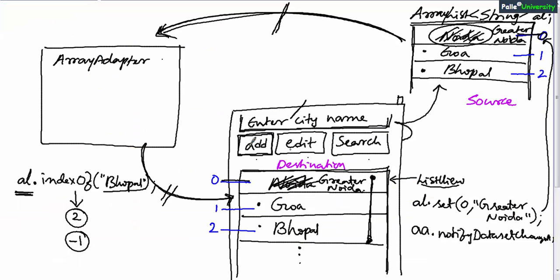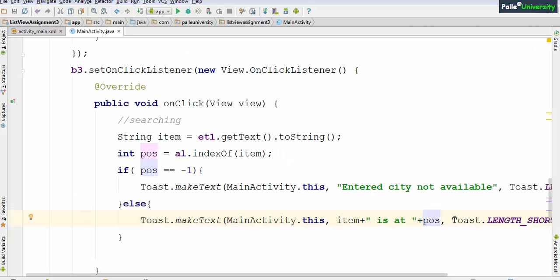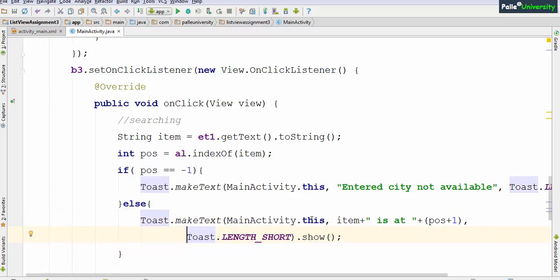But remember, generally positions will start from 0. As a programmer, you know it and I know it. But for user, this is not considered as 0th position. This is first position. So we should not display position as it is. We should display position plus 1. I hope you understood. So let us say if user enters Bhopal in edit text box, that Bhopal will come to item.